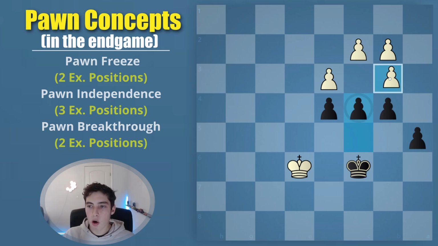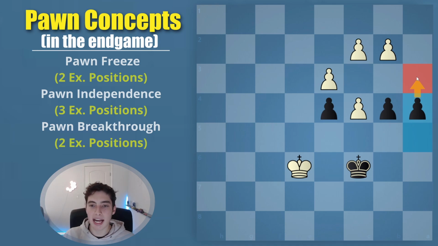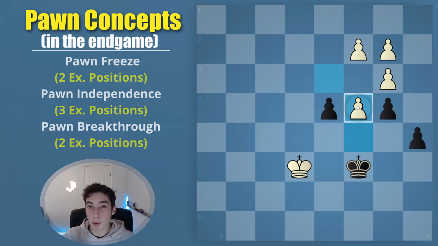And the point, okay, if they take like this, then we simply go a4, and we're going a3 next, and we have a 2-on-1 on the B and A files, and so we're going to win this position very easily. The important and critical line, the more beautiful line, is if they take like this, because now